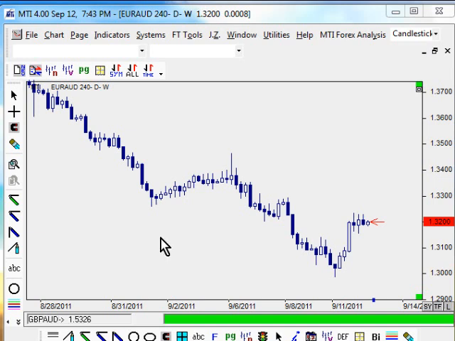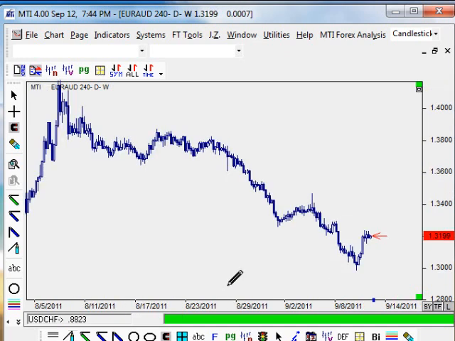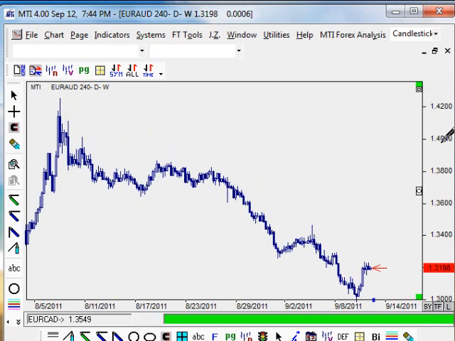So let's take a look at our trend line alarm. We're going to go over more of this in the Week 2 class. When I go and draw my trend line, let me go back and look at the trend. I'm going to compress my chart, and we can see the market's working in a downtrend, making lower highs and